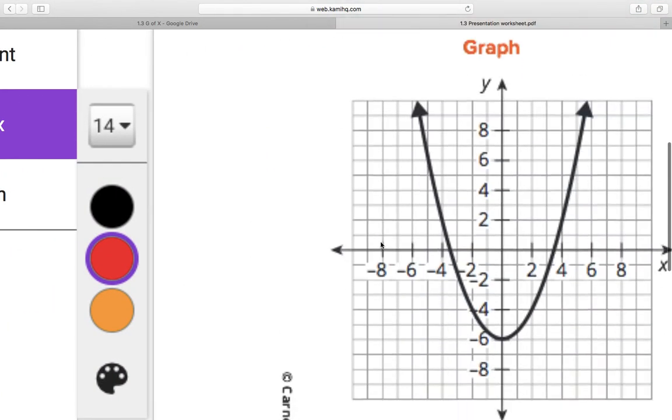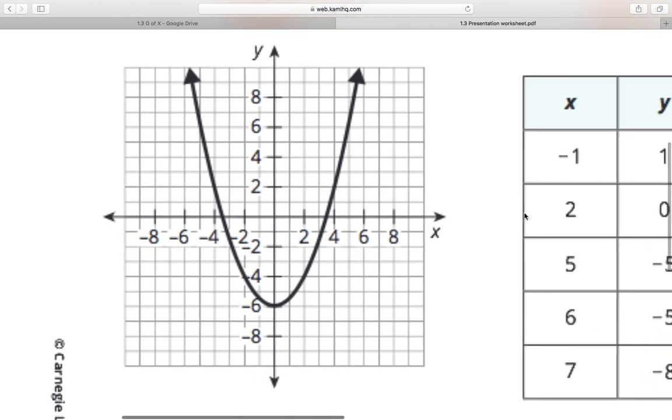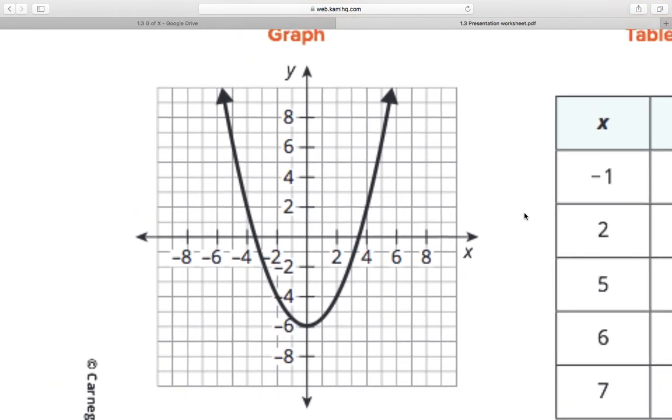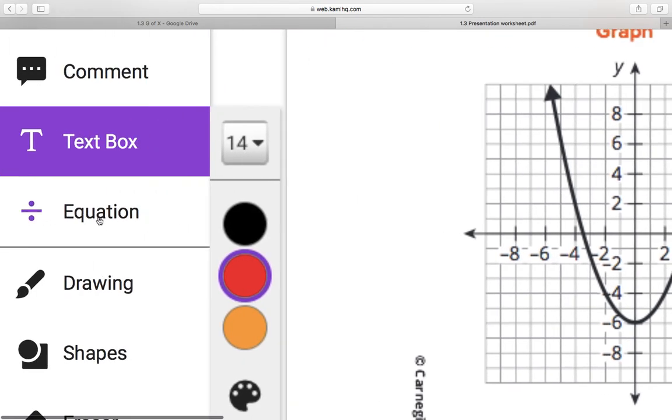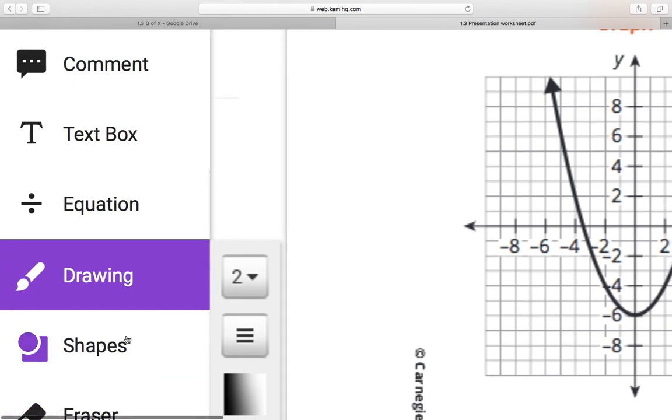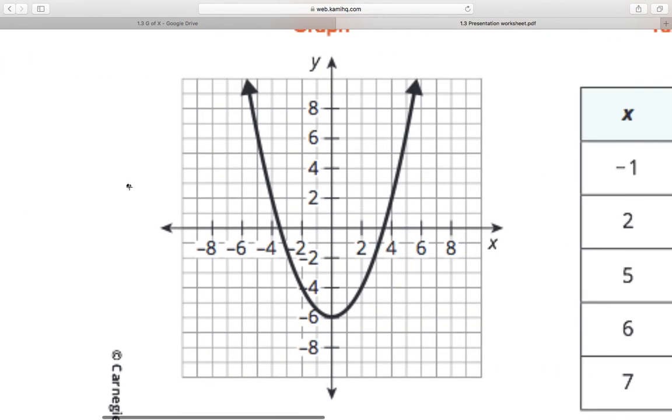Graphs here, right? We can look at a graph and determine if it's a function, and we call this our vertical line test. I'll talk about what a vertical line test is, but if you can draw a line left to right, you're only going to hit one part of the graph at